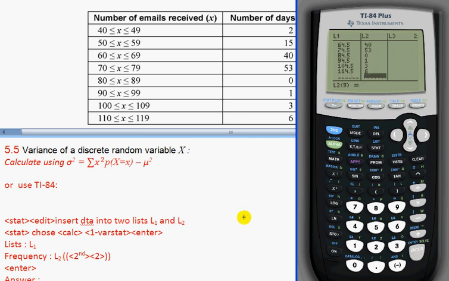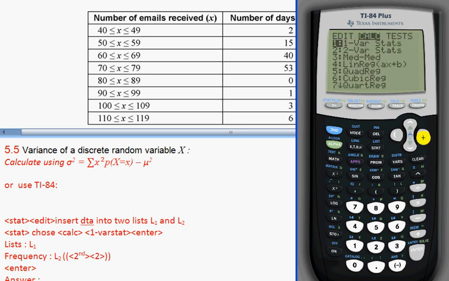So list L1 is written, that's no problem, but L2 we should choose ourselves. L2, you see it has written L2, so second 2. Enter, calculate,